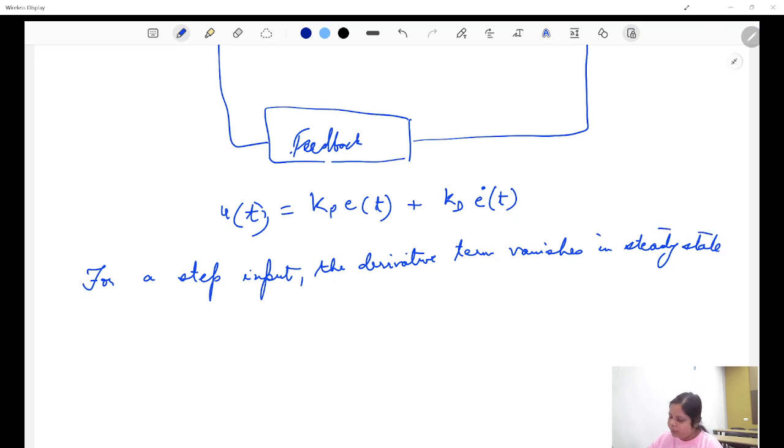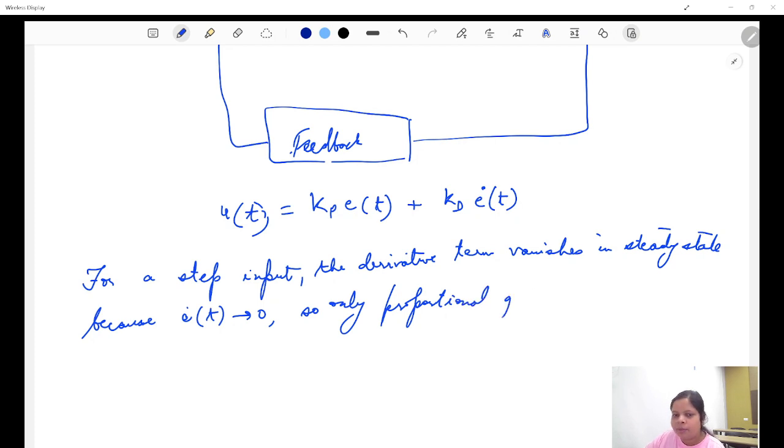Why do we say this? Because E dot(t) tends to 0. So only proportional gain affects the